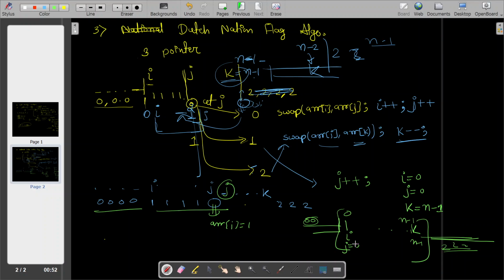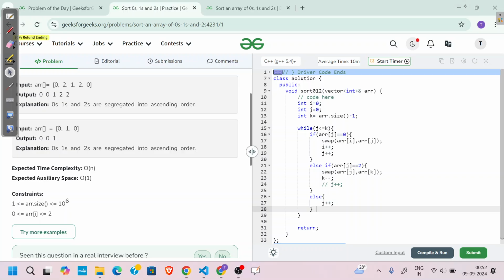So this is the algorithm, and I have written the code. In total I have explained 3 algorithms. This is important for interview purposes. Let me show you the code here. I initialize i with 0 and j with 0, k is nothing but arr of size, that is n minus 1, while j is less than k,